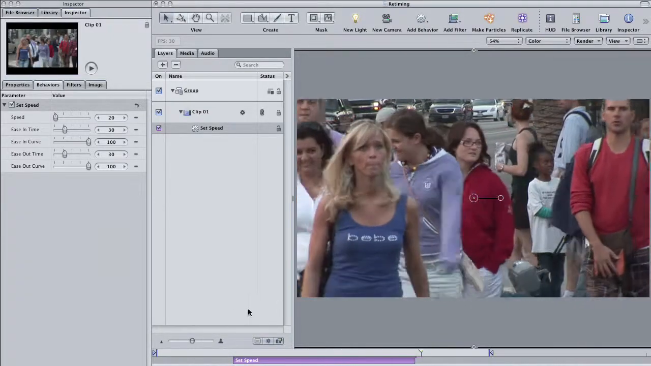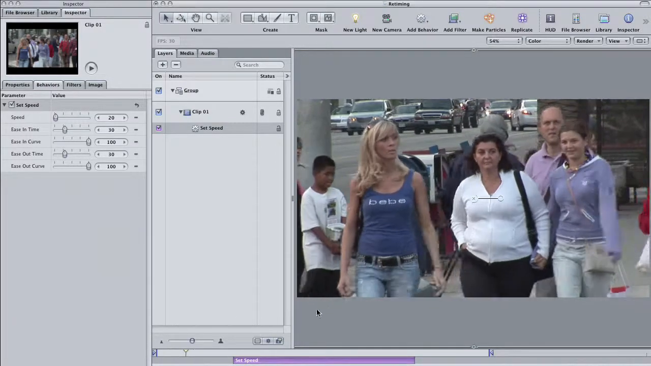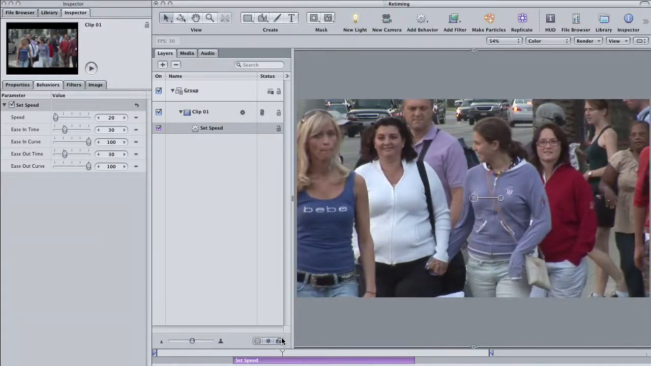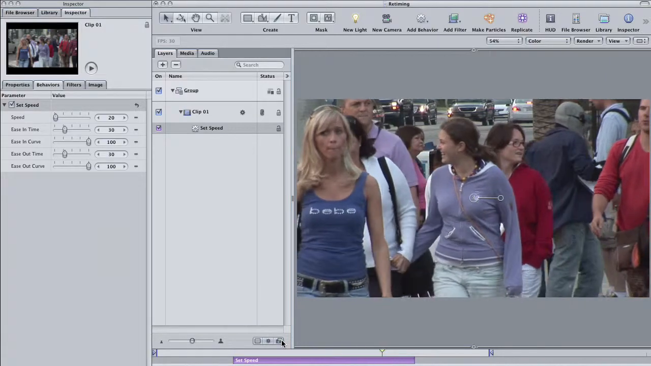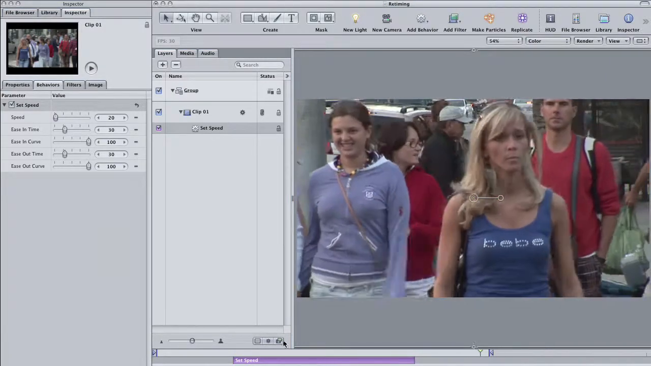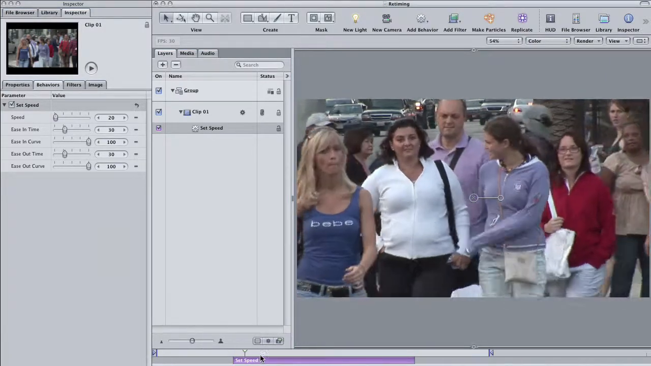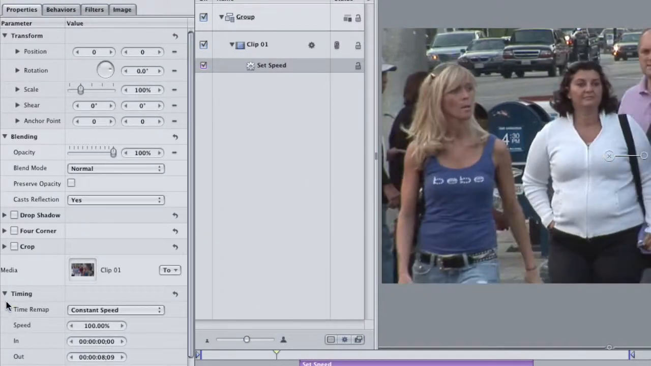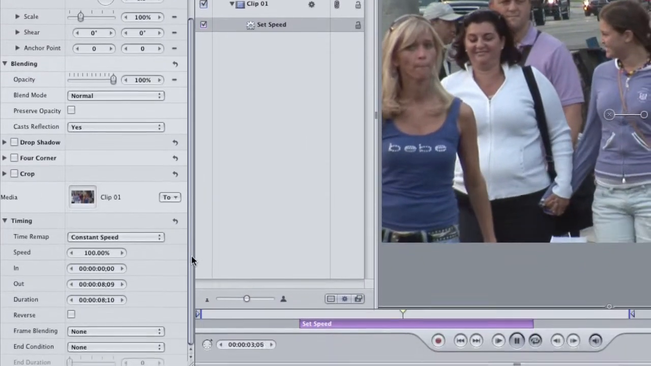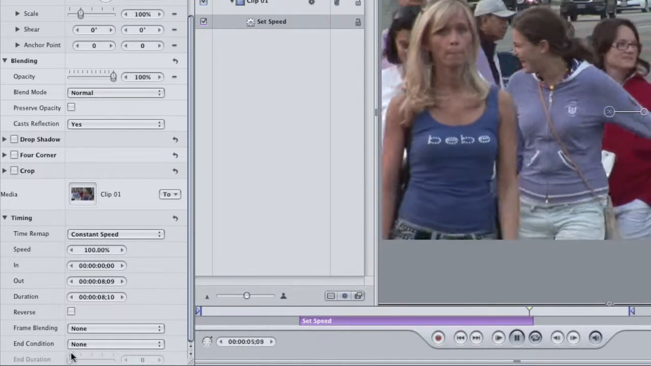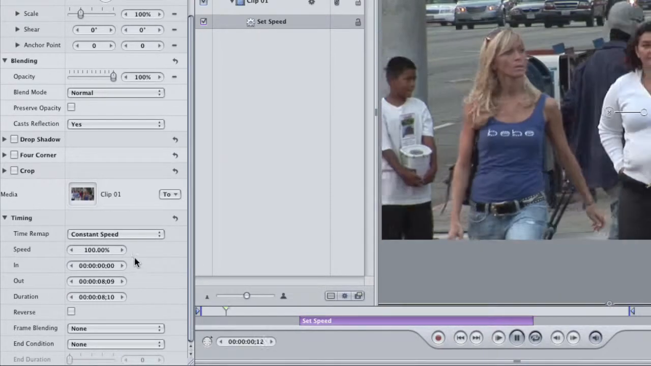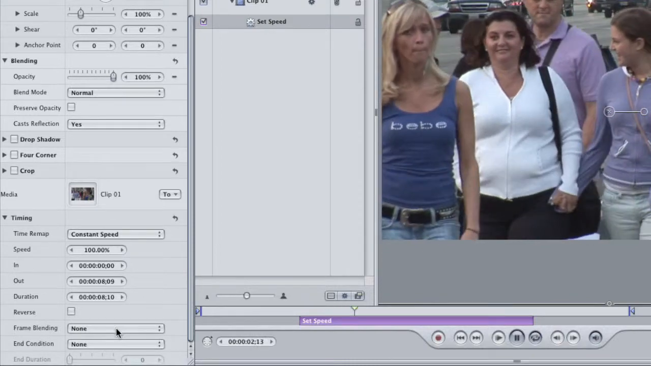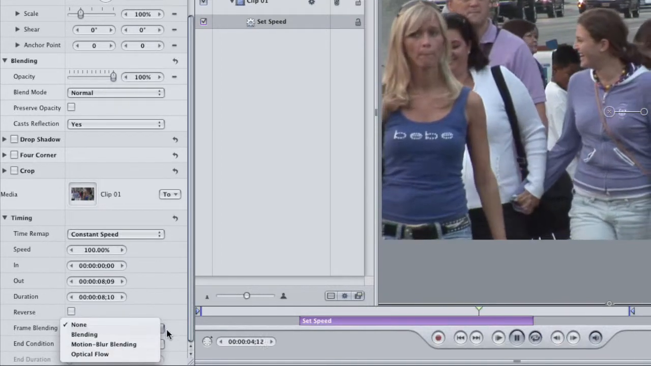And this is where standard slow-mo will tend to break down a little bit. You see there's a little bit of a jerkiness in the slow motion portion of the clip, but that can be solved with frame blending. Go to the Properties tab and twirl open the Timing section, which will reveal all the timing parameters available to you. Down near the bottom is the frame blending, and click on the drop down